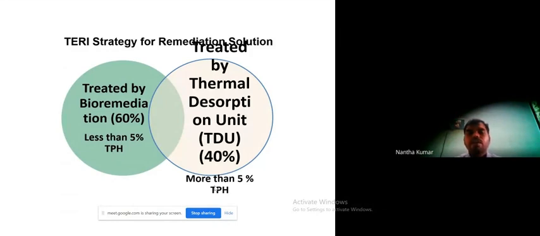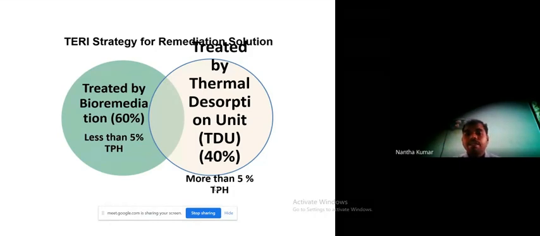Here, based on the characterization, around 60% of the material is selected for treatment through bioremediation. These materials contain less than 5% TPH.